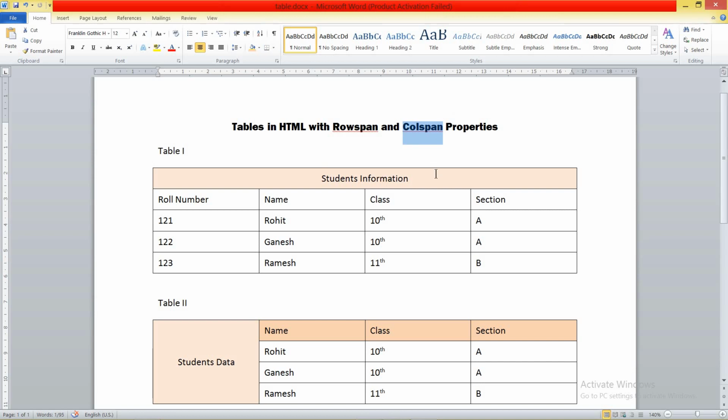Now what is colspan? Colspan means where you want to merge a number of columns. This is the first row and it has only one cell, but that one cell is equal to how many columns? That is 1, 2, 3, 4. It means this cell is merged with 4 columns. This is what we are going to make.